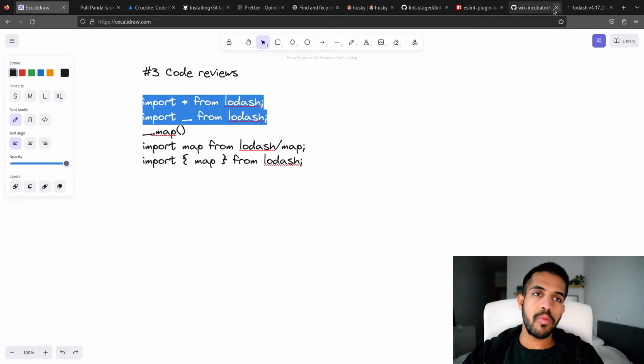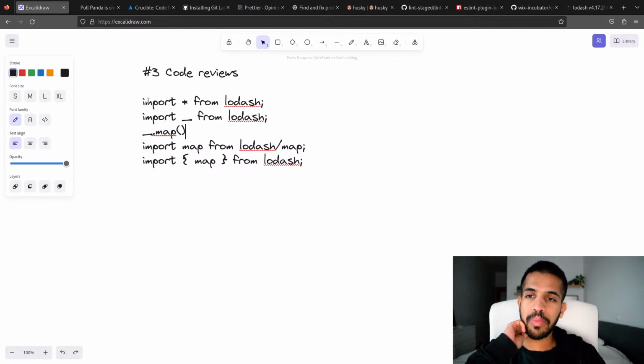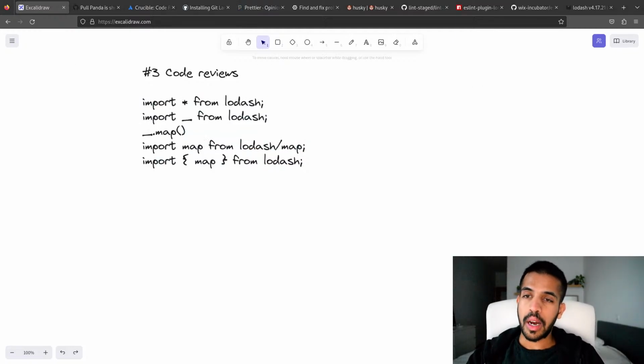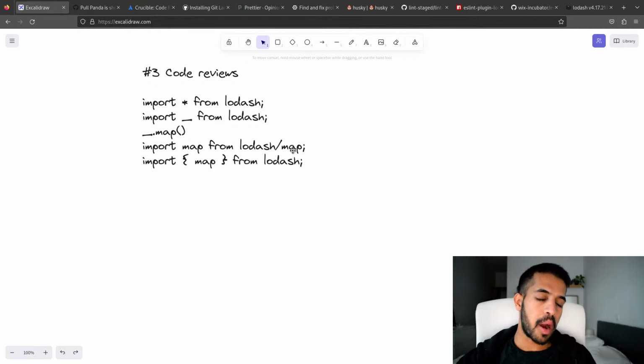So whatever kind of code style thing you want, I would imagine that a lot of ESLint plugins exist to even do something very niche, something as specific as this. And of course, if one doesn't exist, you can make one yourself. That's an interesting thing to do as well, because then you learn all about how these linters work and how the language is treated, how these compilers handle it.